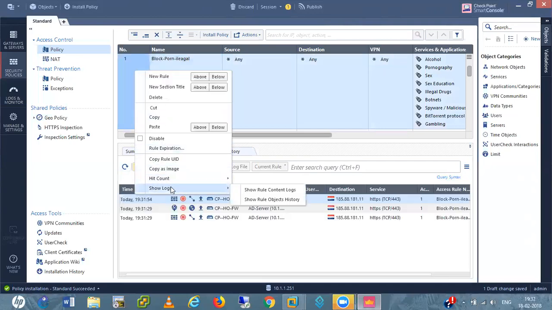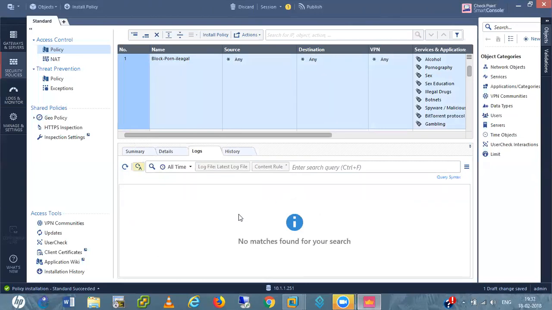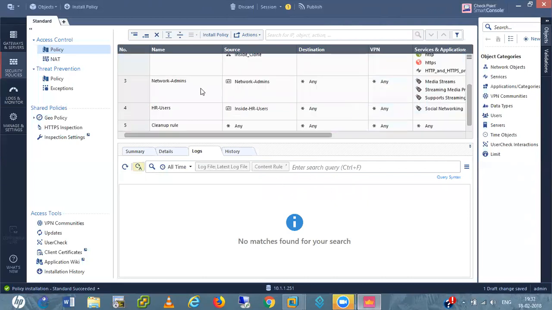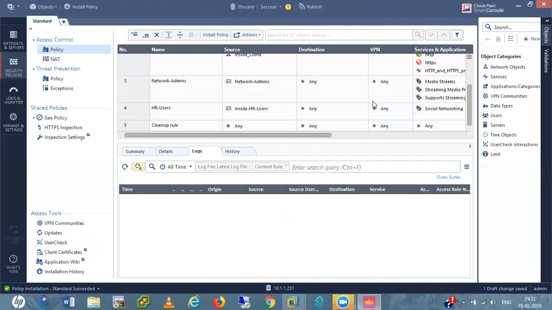Logs for this rule only. It is not missing any rule. Maybe it is bypassing through this rule.